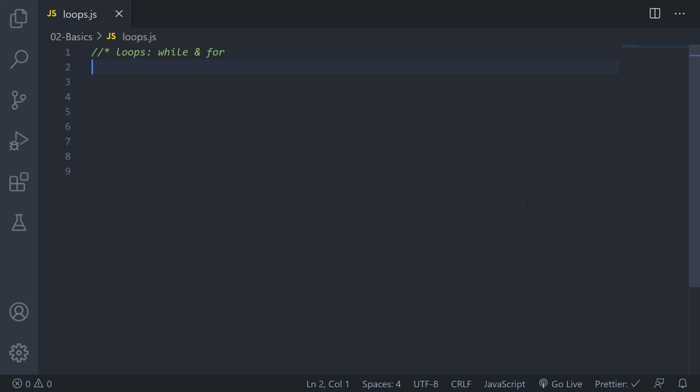Now that you know about the conditional operators, conditions, and logical operators in JavaScript, we can learn loops in JavaScript. Loops are used to perform certain tasks repeatedly. Let's say I want to write 100 lines of the same or similar content. I can use loops to write those lines, or to perform certain repeated activities.